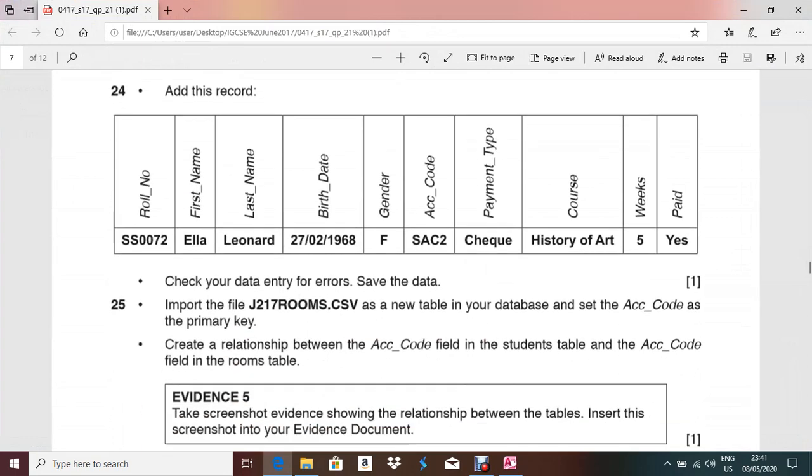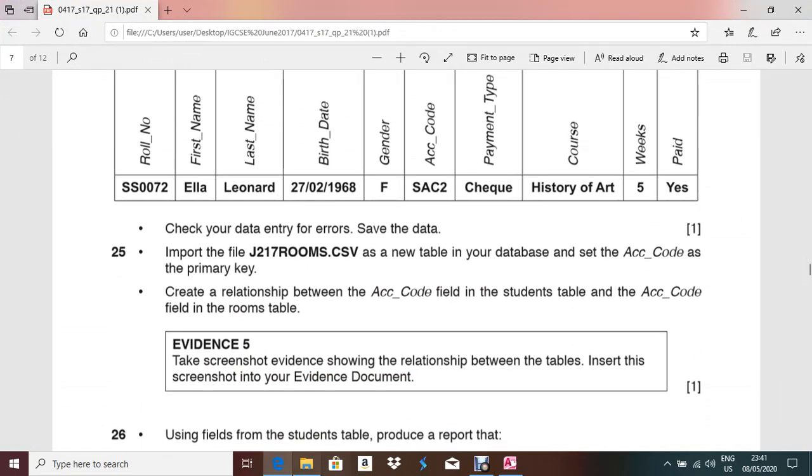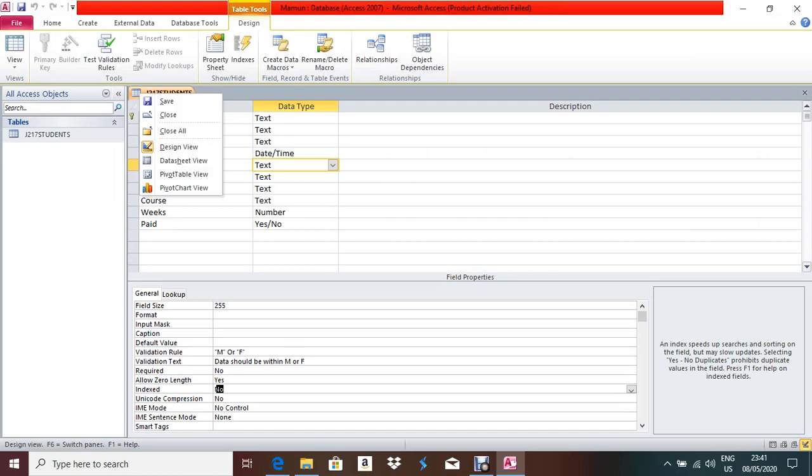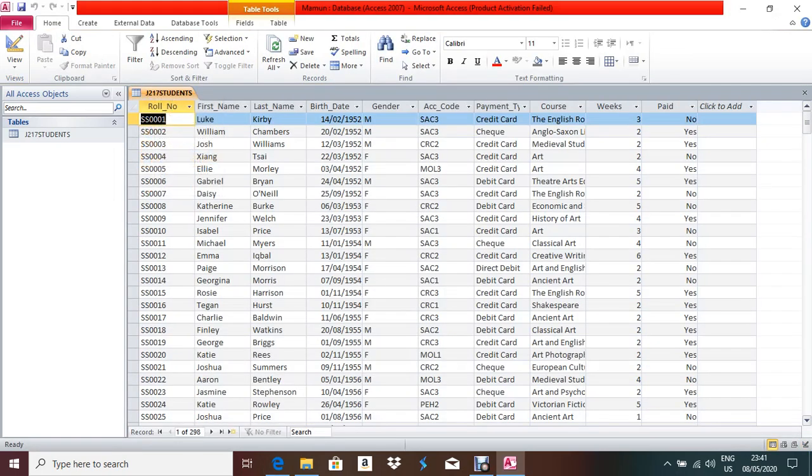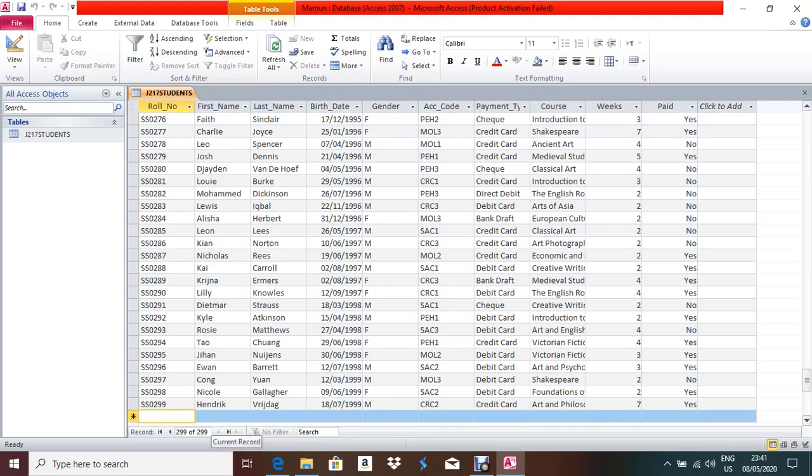Now add the record. From the table they are asking to add this record. So what I will do, I'll open this one into datasheet view, and we have to go to the last record. So this is 1 to 298, right? So you will click this last arrow, which consists of some star symbol also, right? New blank record, click here. Now it will go to the last part of this table.